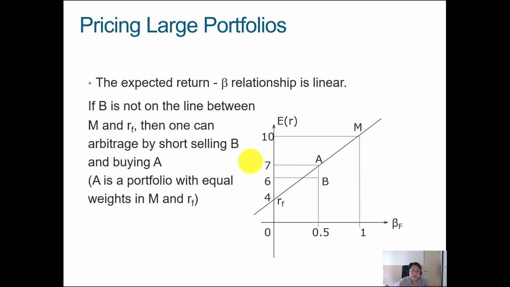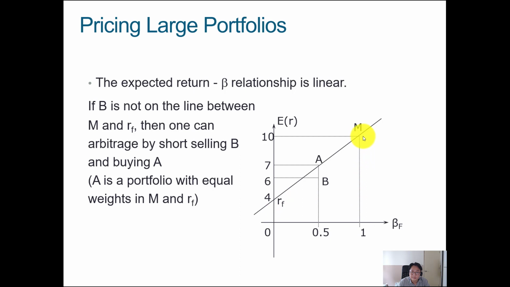So we also want to state that the expected return with the beta relationship between those portfolios and that common risk factor is linear. Okay, so if you look at this graph over here, what do we see? On the x-axis, we have the risk factor, the beta, the relationship with the risk factor, and on the y-axis, we have the expected return. So as we go along the axis from 0 to 1, the coefficient to the risk factor goes from 0 to 0.5 to 1. If it goes up to 1, this is like the market portfolio, and this is the risk-free rate.